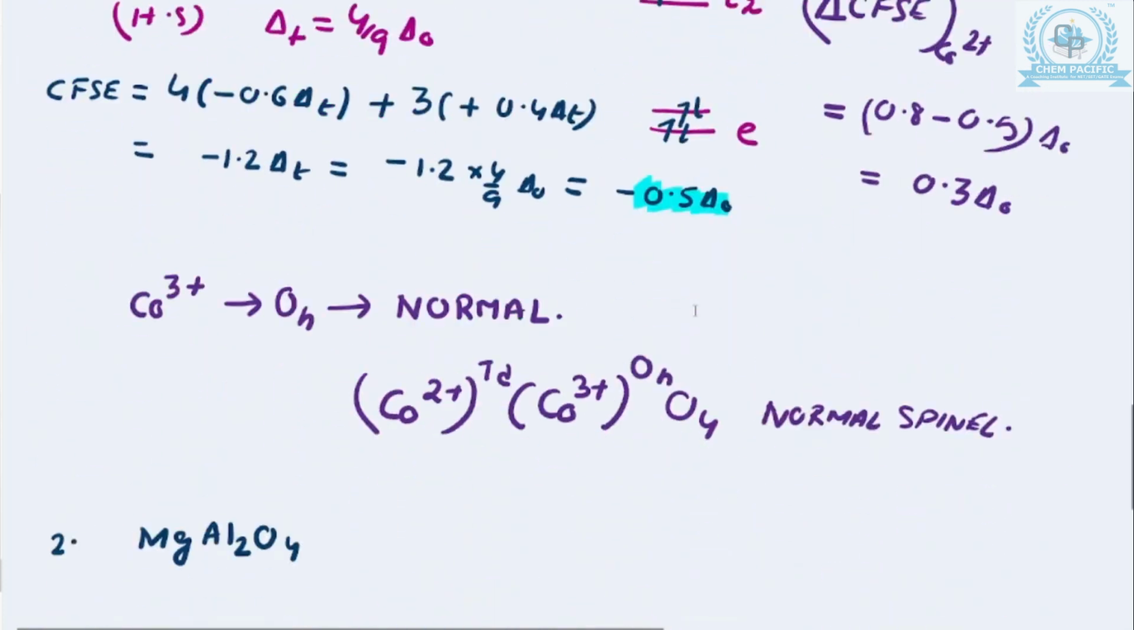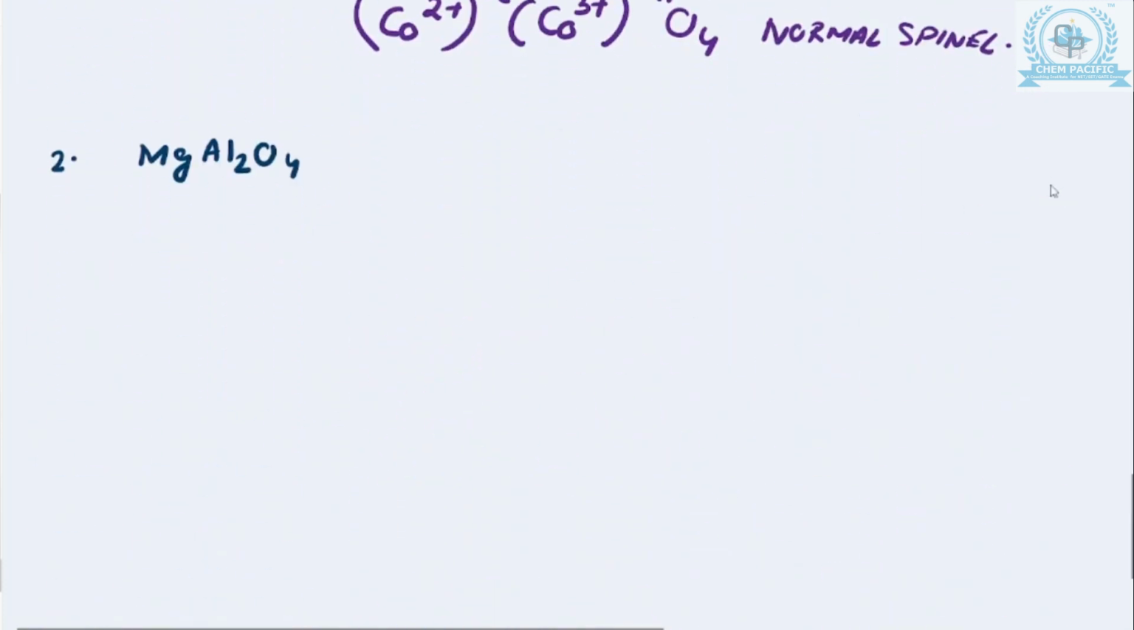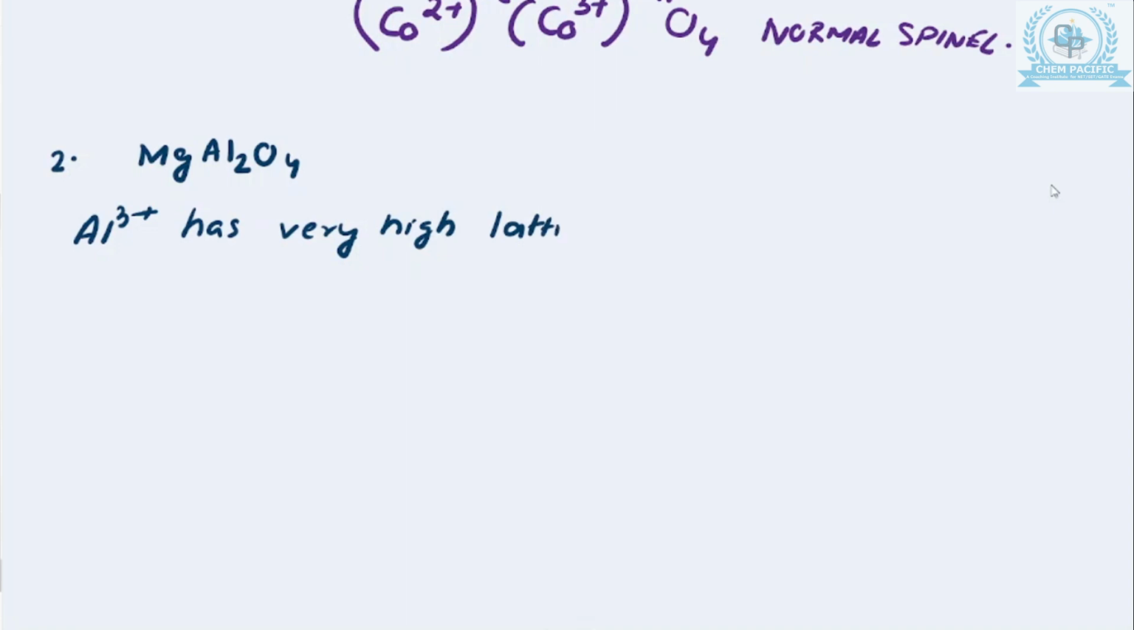So that is why is it so? Because aluminium का जो lattice energy है ये very high है। So Al3+ is having extremely high lattice energy because of its high charge and small size. As a result of which it prefers to reside in the